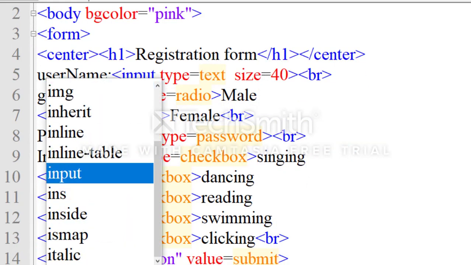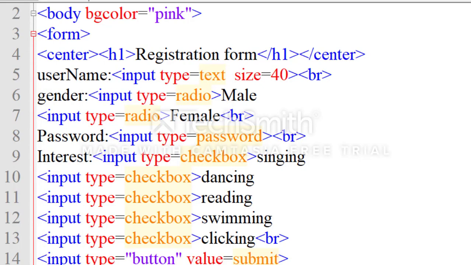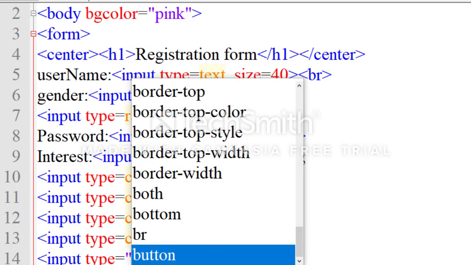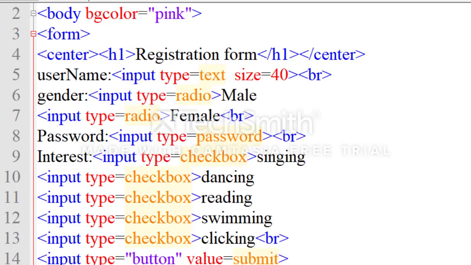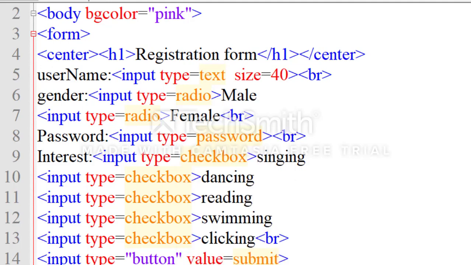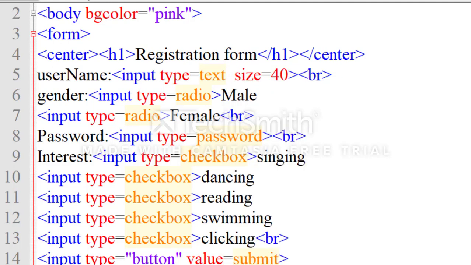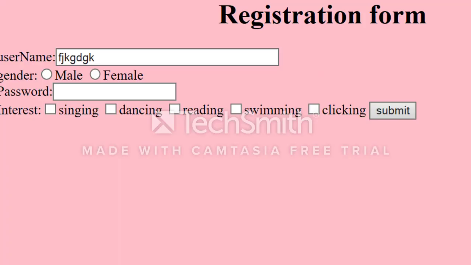Again I want the clear button, that's why input type equals to button in double quotes, and value equals to clear. Just save this and refresh again: submit and clear.